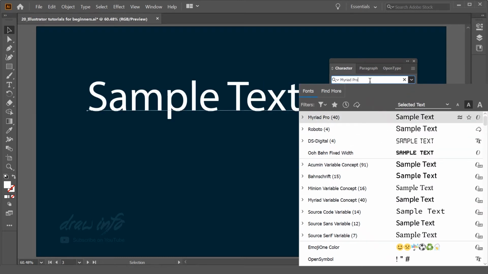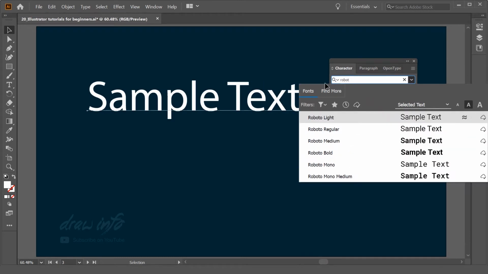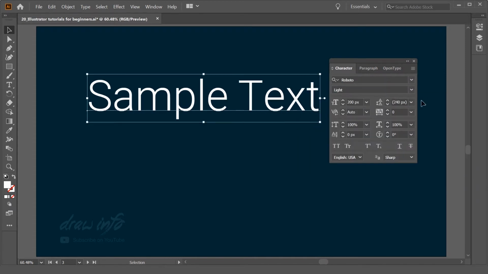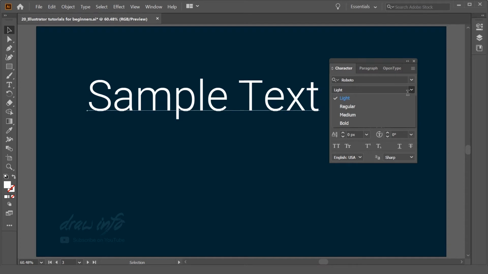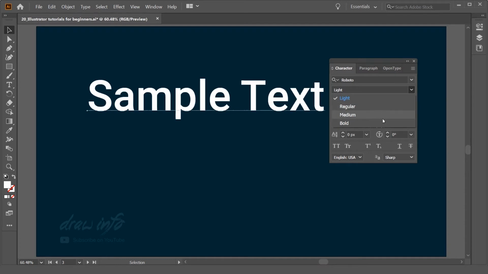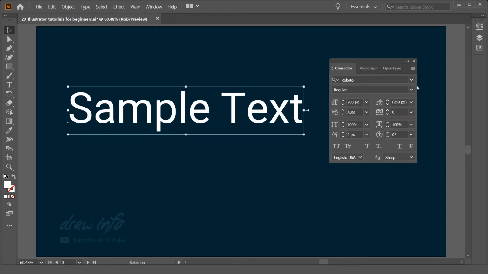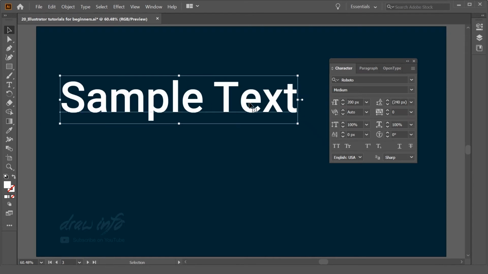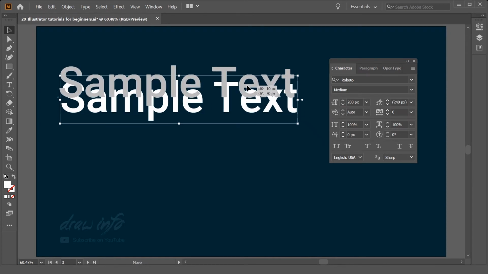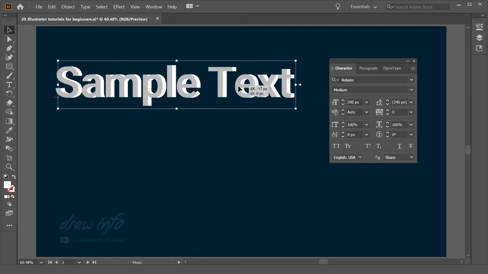We will take Roboto Light first, and in the window below you will find a couple more options where you can change the font weight to regular, medium and other types. Now we have taken regular, we can change this into medium also. This is for the heading text or any bigger text you want.